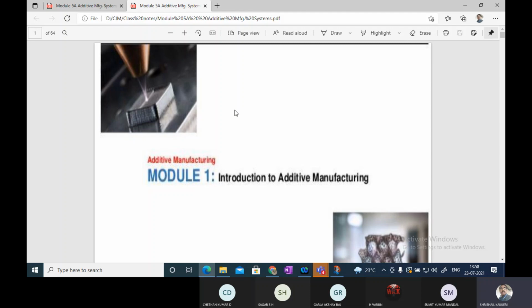And another one, the Ellora cave. You can see that a cave is made by removing the material. We have removed the material. It is not additive. It is actually a machining process. And additive manufacturing, some of the inspirations which I told.